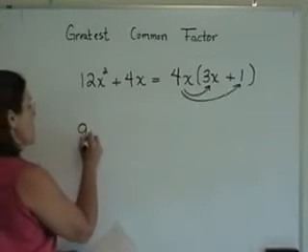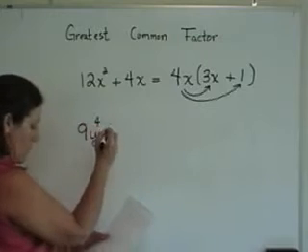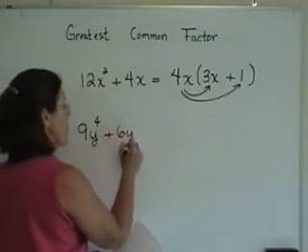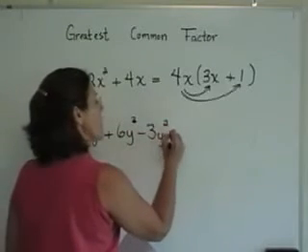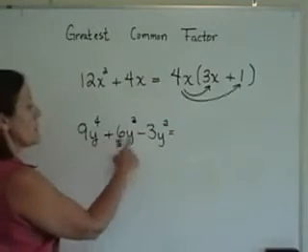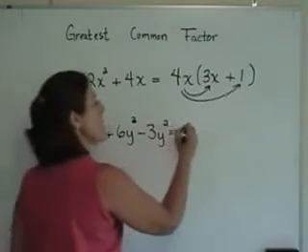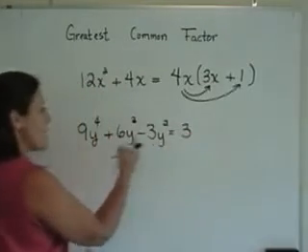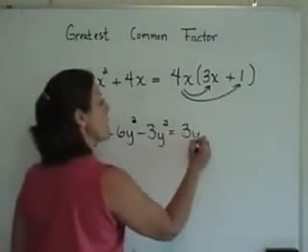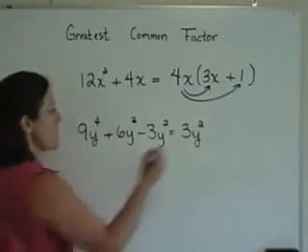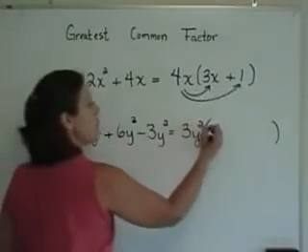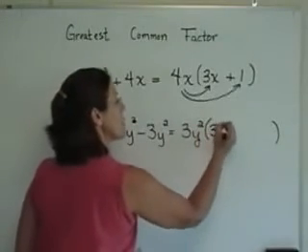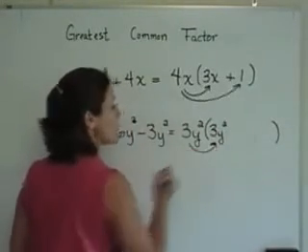So, in a problem like 9y to the 4th plus 6y cubed minus 3y squared, the greatest common numerical factor, the number that divides into each of these evenly, is a 3. The variable y occurs in every one of them. I can only take it out to the smallest power. And so, in parentheses here, I'll need a 3y to the second power